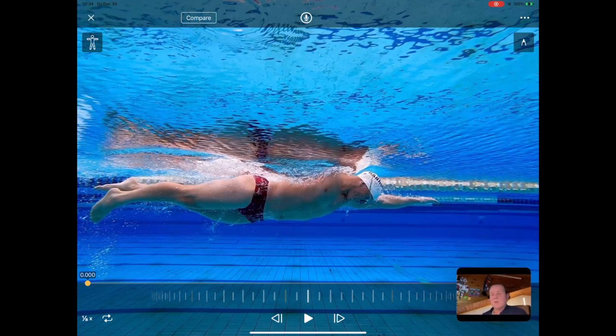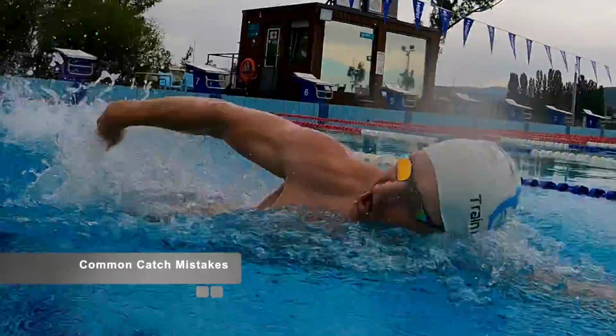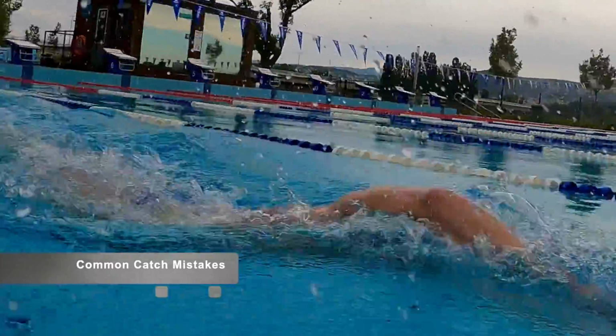But if we would just concentrate on that high elbow catch and try to grab the water as early as we can and push it backwards, that would solve a lot of problems, I think. I mean, that's from my side. What do you think? Yeah, I think a lot of the issues we see with swimmers is you're in an